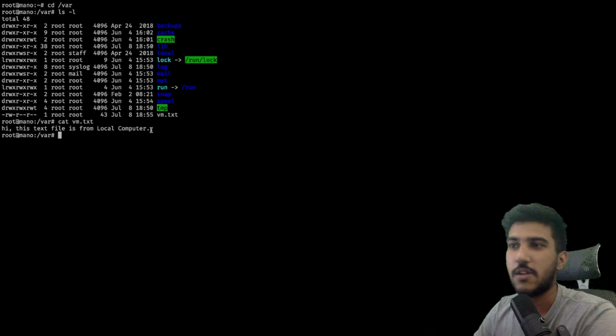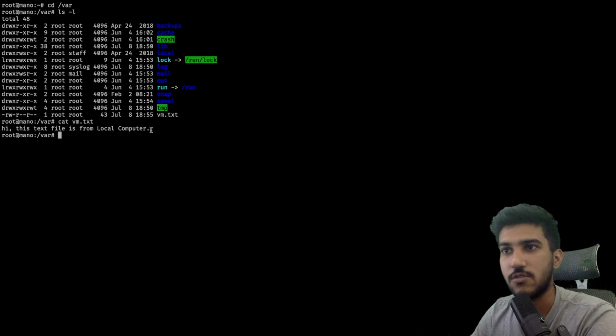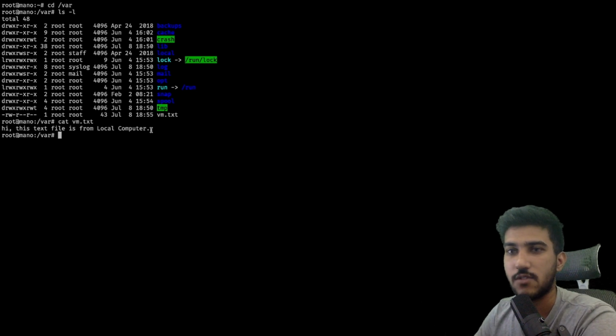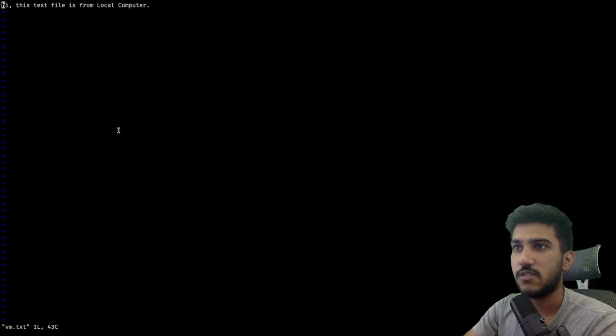There are many tools like this, but I found this to be most useful for beginners, because it becomes hard when you want to transfer things. Another thing you might have noticed is that when I do vim inside this vm.txt, it automatically opens a vim editor. The reason is that vim is usually installed in all Linux by default. So for all vim users out there, it's pretty handy, and there's nothing extra needed to be installed.